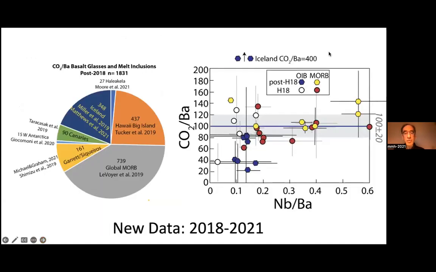And then also, that was 4 years ago, there's been an explosion of new data, of almost as much data published since 2018 as published beforehand. And it's beginning to show a fair amount of scatter, but if one takes the averages, one gets essentially the same value.